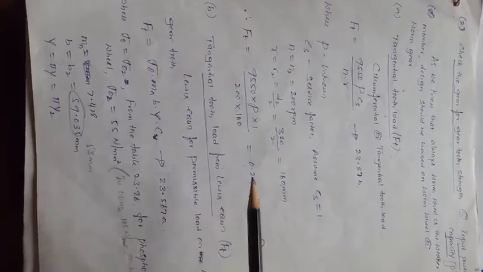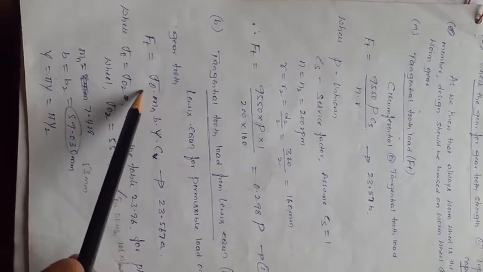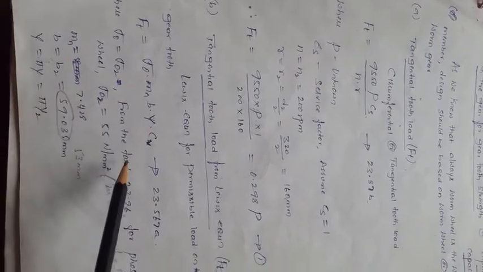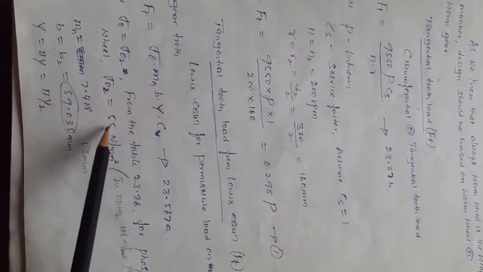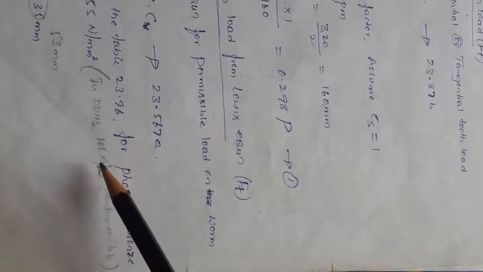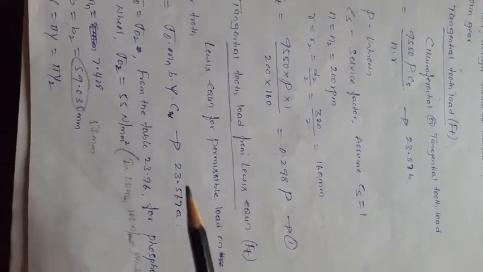Next, the tangential tooth load from the Lewis equation. From the Lewis equation, as you know, 23.567a, Ft is equal to this formula, right? In it, sigma naught is the stress of the weaker member, the worm wheel, that is sigma naught 2. How do you get this? From table 23.96, for phosphor bronze, the gear wheel made of phosphor bronze, sigma 2 is equal to 55 Newton per mm square. But in the design data handbook, table 23.96 gives 105 Newton per mm square. Now we will change this value. How much is it? 55 Newton per mm square.